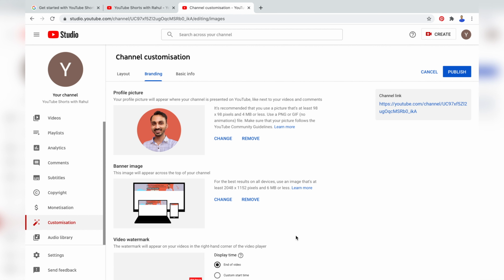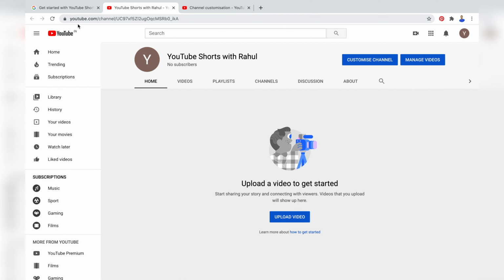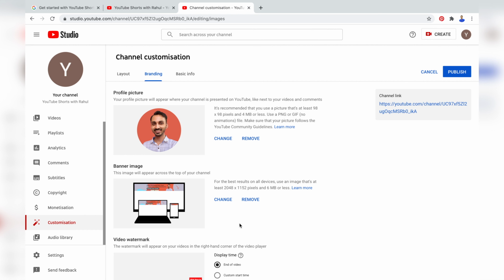Once done with all the customizations, let's proceed to the channel homepage and refresh it to see how it should look. But when we refreshed it, as you can see, none of the changes took place. And the reason behind that is we have made the changes but we haven't saved it yet. So it's worth noting that you need to click this publish button after you make any changes. Because if you don't click this publish button, your changes will not be saved and published. So I'll click publish, and now these changes have been saved.